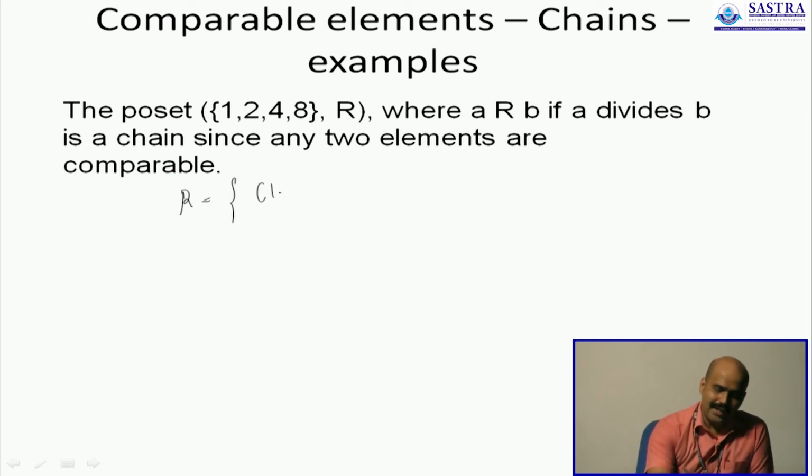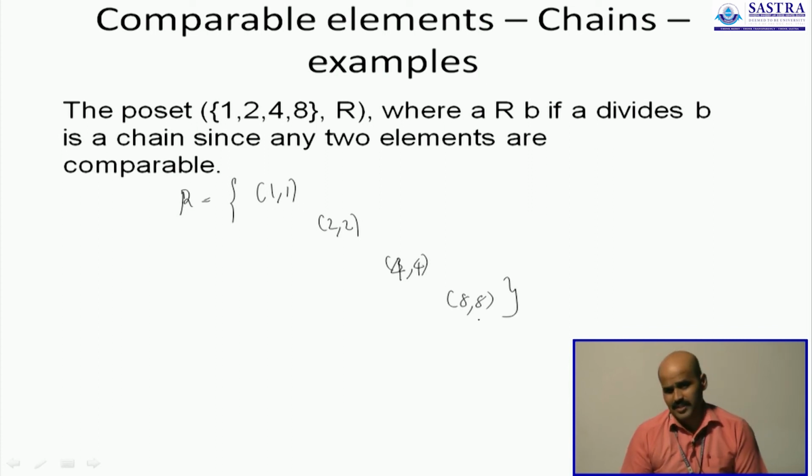So clearly I have 1 1, I have 2 2, I have 3 3, no I don't have 3 3, I have 4 4 and I have 8 8. Because they are by default part of the set, because it says A and B can be related if A is equal to B. A has been equal to B in each of these 4 pairs, and hence the relation is reflexive, and hence these pairs will be part of the set.